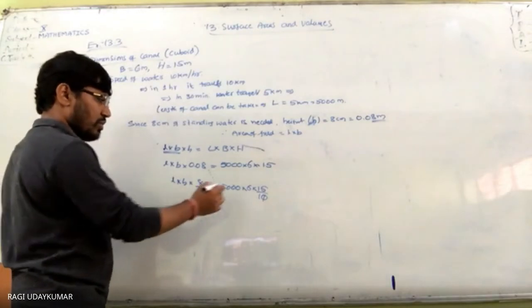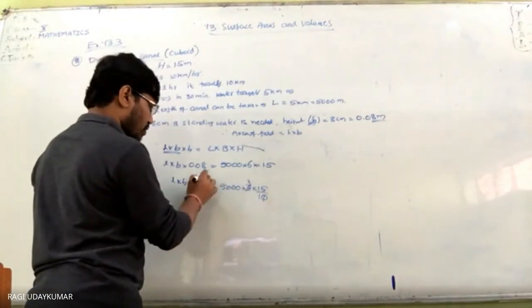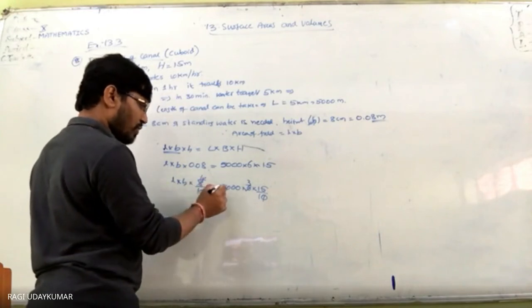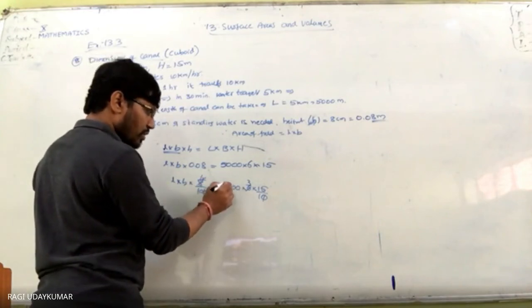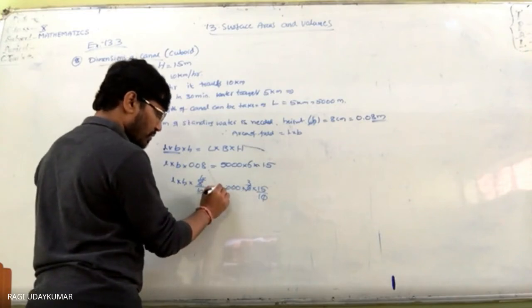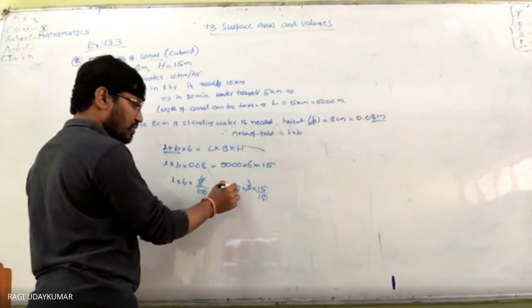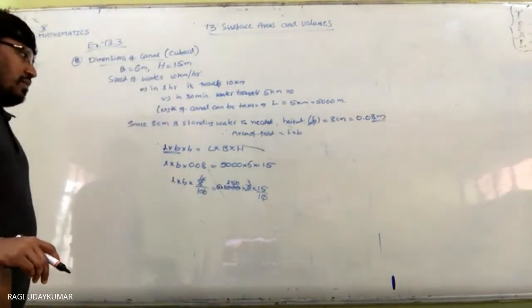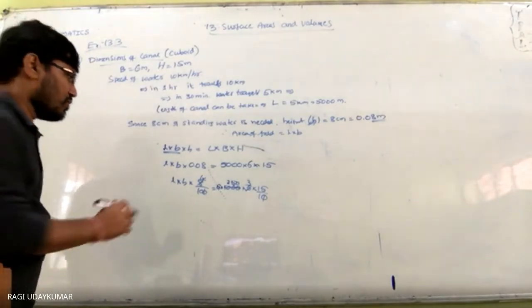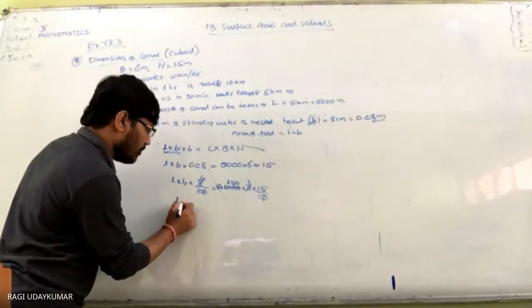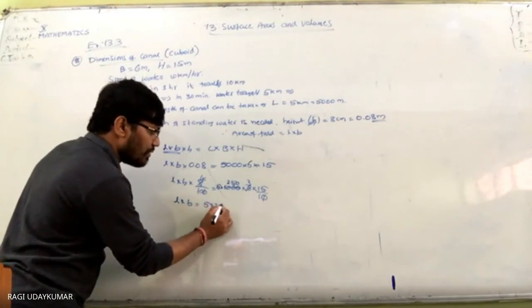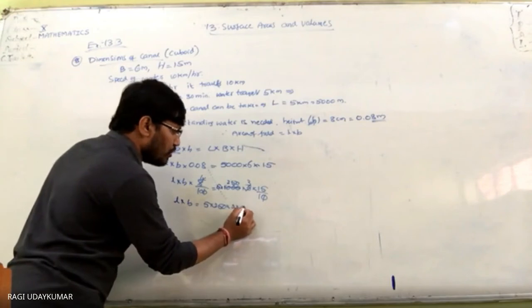So now 2 3s are 6, 2 4s are 8. So 4 1s are 4. ये 5 into 1000, 4 5 into 1000. So 4 से cancel कर देते, ये 250 हो जाएगा. Okay, so L into B is equal to 5 into 250 into 3 into 15 into 10.